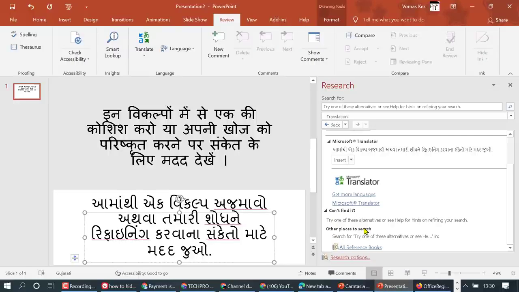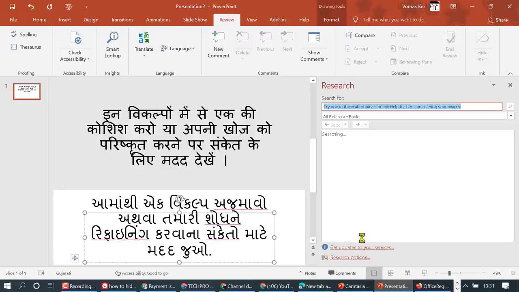Try one of these alternatives or see help for hints on refining your search. Other place to search: try one of these alternatives or search in all reference books. So click here. Can't find it? Try one of these alternatives. So if you don't see any book,